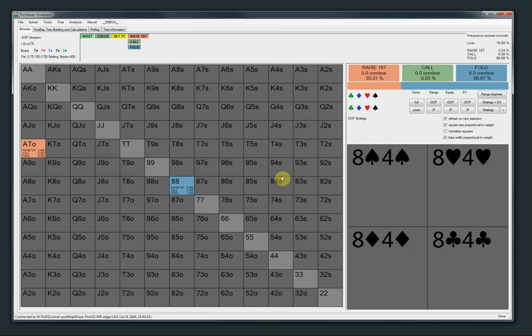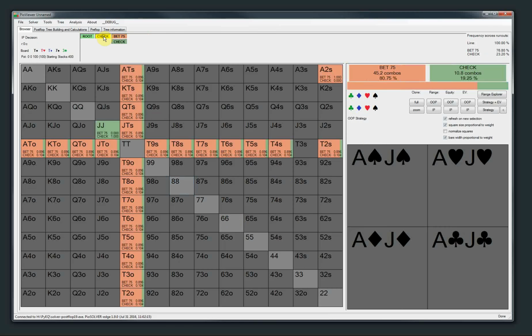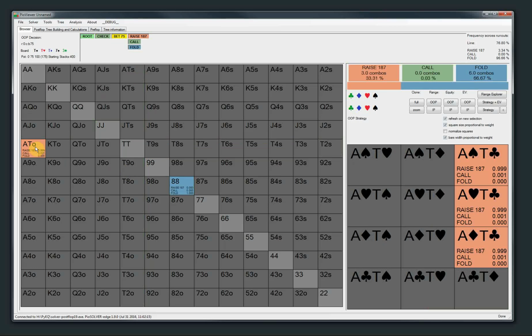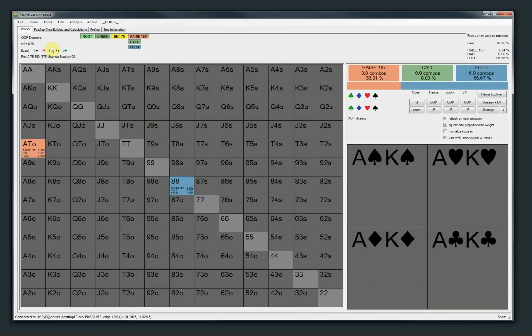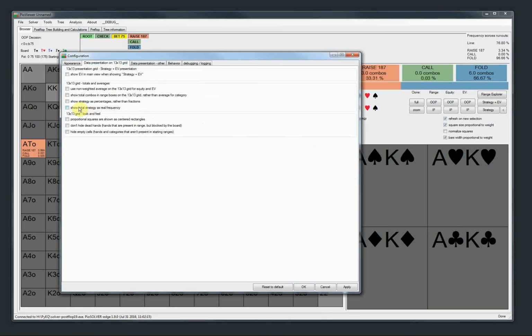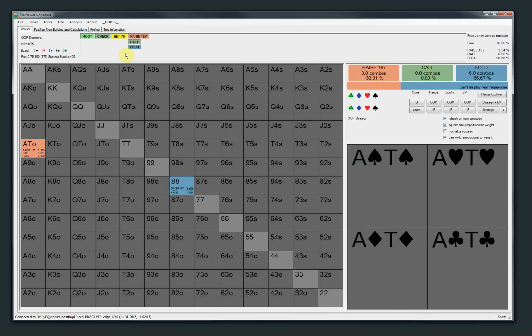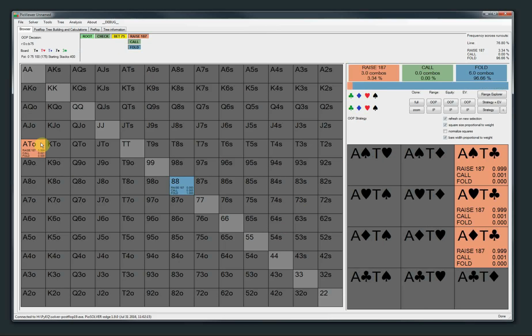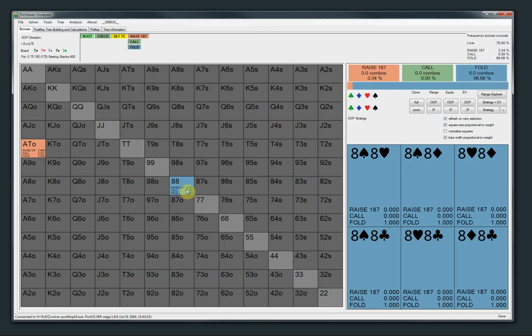But this is not what really happens, because when we go one step back, we can see that the IP player is mainly betting his tens, some other hands as well, but mainly tens. So we can expect that here the OOP player doesn't have ace-10 that often, because of the card removal effect. And if we change that here to show total frequency, the real frequency, and we refresh by clicking here, we can see that in reality they are only raising 3.3%, because they don't have ace-10 that often, and 8-8 is a way more frequent